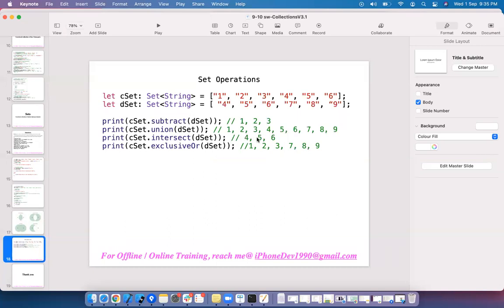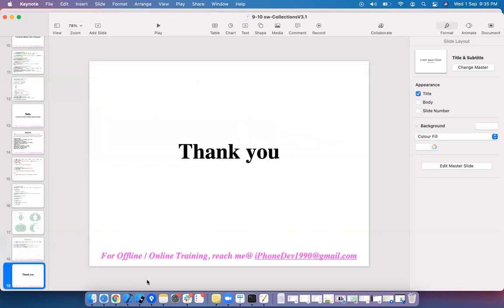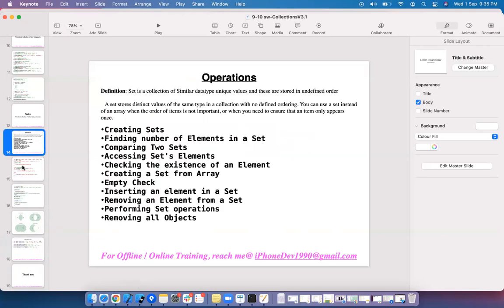Intersection, which are the common elements: 4, 5, 6 is common here, and 4, 5, 6 is common in the second. Exclusive OR removes the common elements: 4, 5, 6 are removed, and 1, 2, 3, 7, 8, 9 has come as output. This is all about sets.